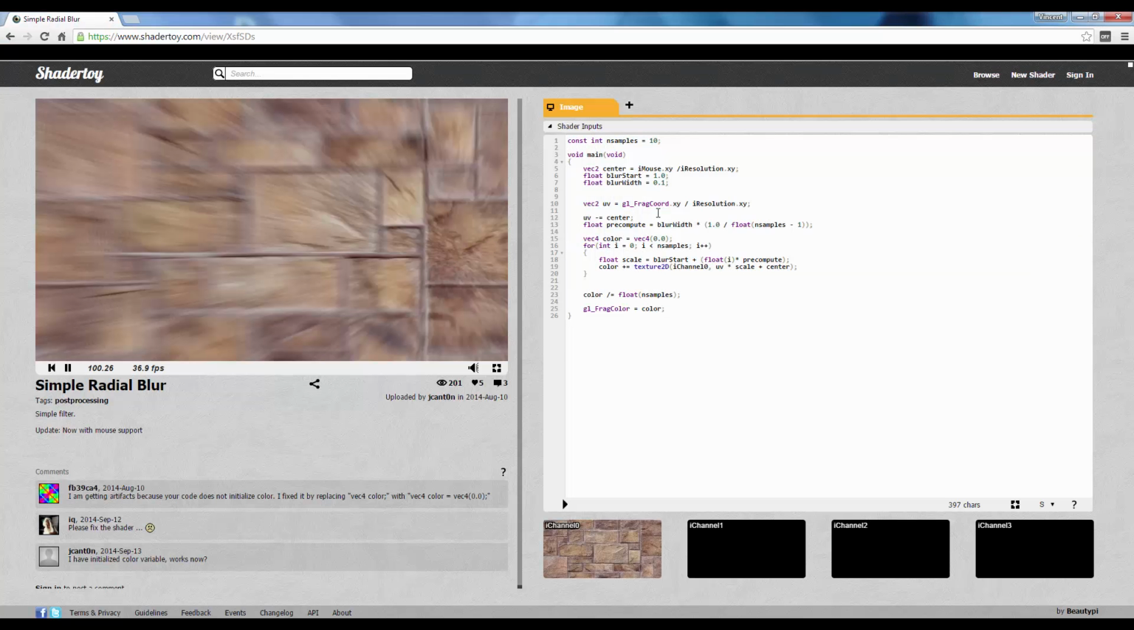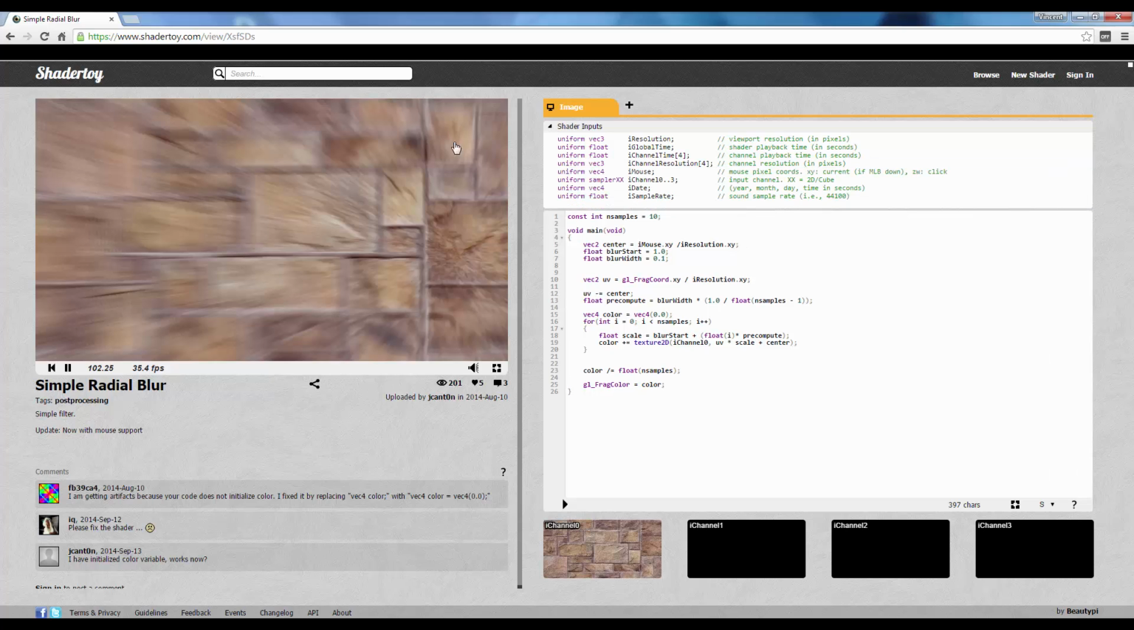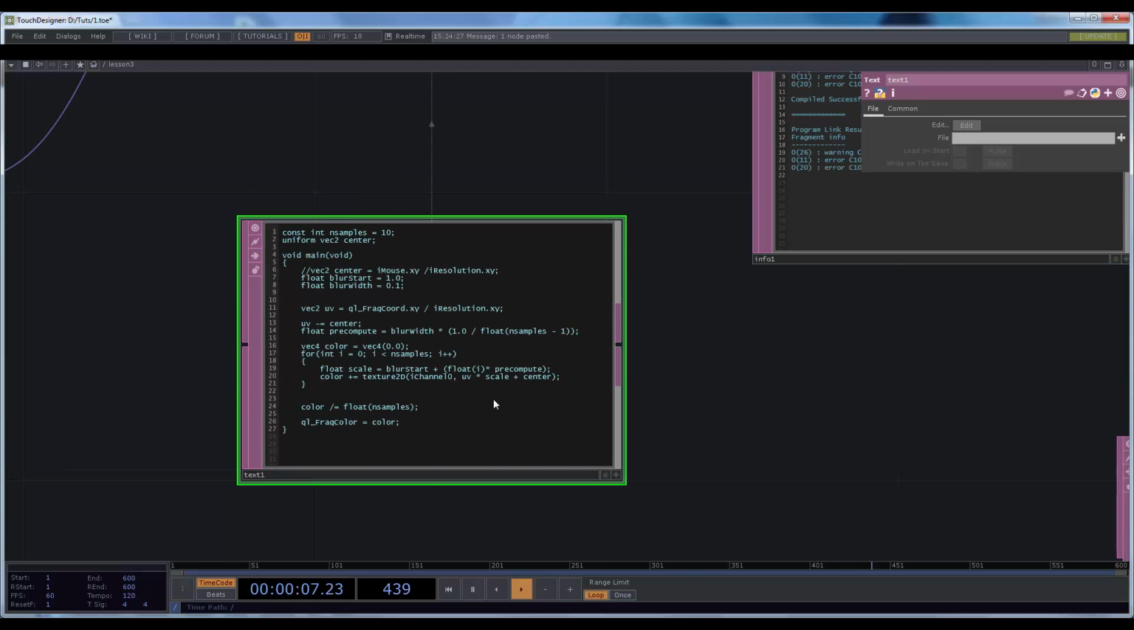By the way, if you go back to the Shader Toy website and click on the shader inputs, it explains what the uniforms used in the shader are. So iResolution is the viewport resolution, and iChannel are the input textures. So this is the input texture. So in our case,